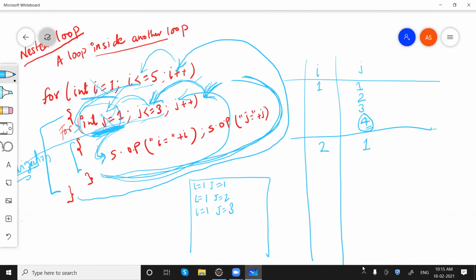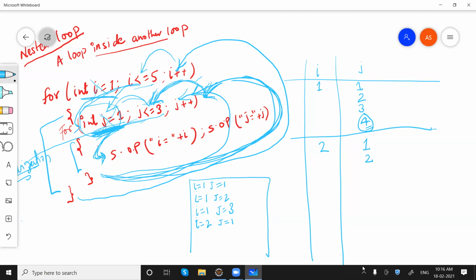Now check if j is less than or equal to 3. Yes, it is. Print the value of i and j. So now i = 2 will be printed and j = 1 will be printed, right? Then is the inner loop completed yet? No. Okay, go back and do j++. j will become 2, right?